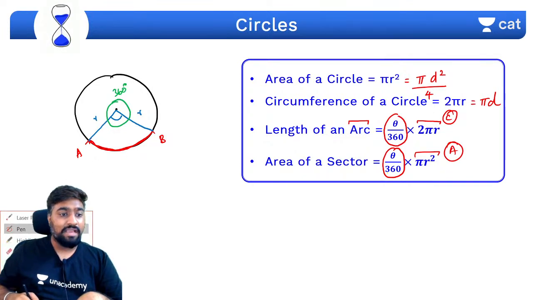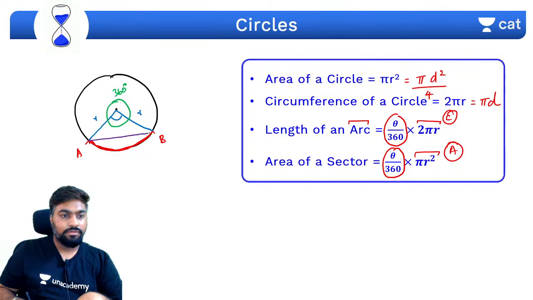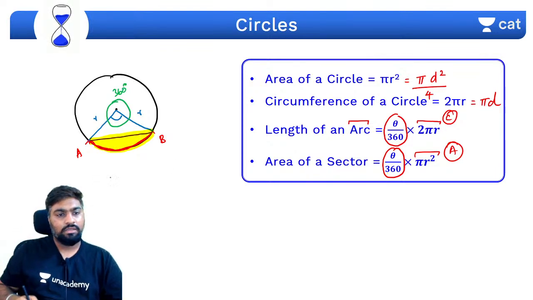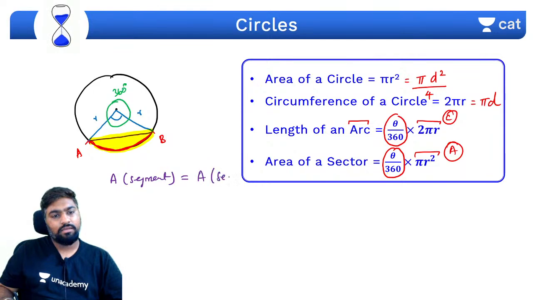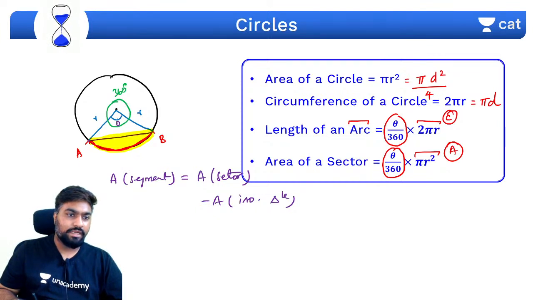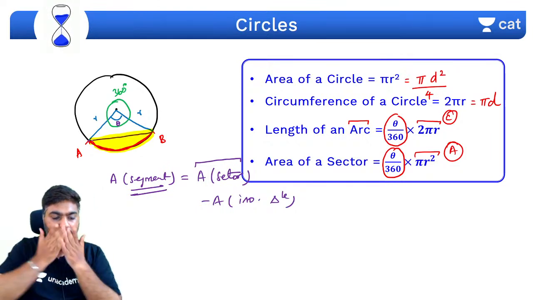If you want to find the area of the segment, क्या होता है? ये part. Yes, this part is the segment. ये होता है आपका सेगमेंट. सॉरी, ये तो ट्रायंगल है. ये रुको भाई, अर्जेंट नहीं. This is segment. If you want to find area of the segment, just this part, then what do you do? Area of segment is basically area of sector minus area of the isosceles triangle. तो इस सेंट्रल एंगल थीटा को रख के, you can find out area of the isosceles triangle. Using that, remove that from the sector, you will get the area of the segment. This is called segment. Sorted?